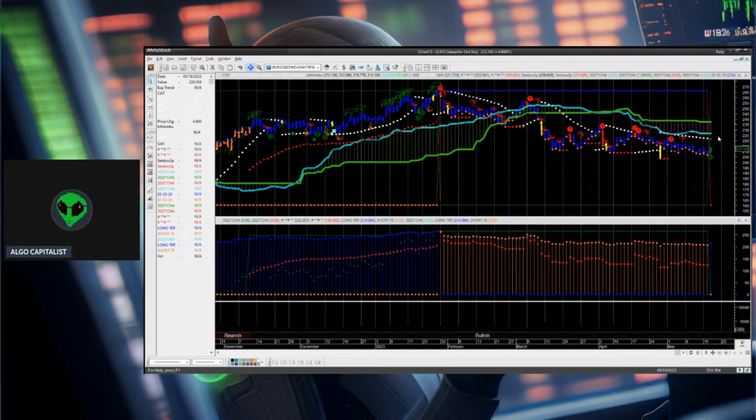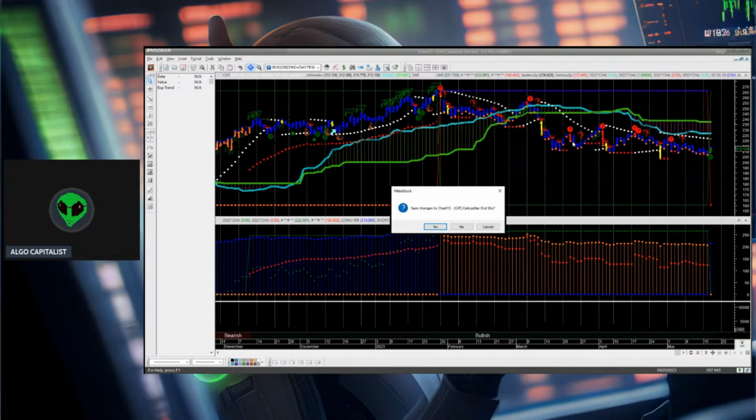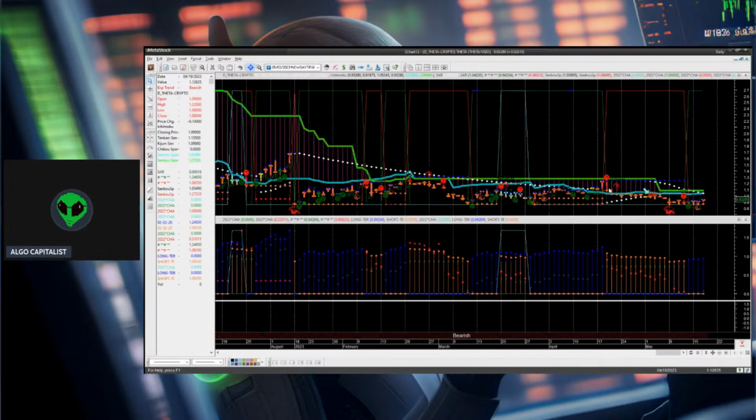The upside initial target is going to be around 225 to 230, and then the top of the Kumo cloud at 240. All right, so we'll see how much the market can move if we can get a bear market rally going. It tried a few times back here, but really couldn't do anything about it. Just kept getting sold and sold and sold. So we'll see what happens. But right now, we got a rally alert for Caterpillar for tomorrow's trading.